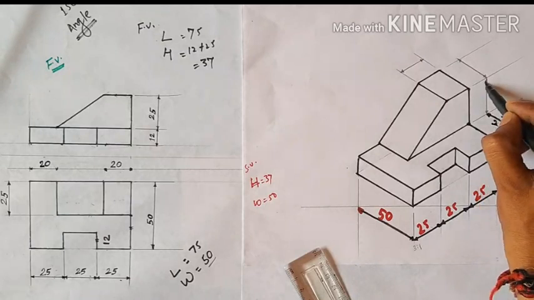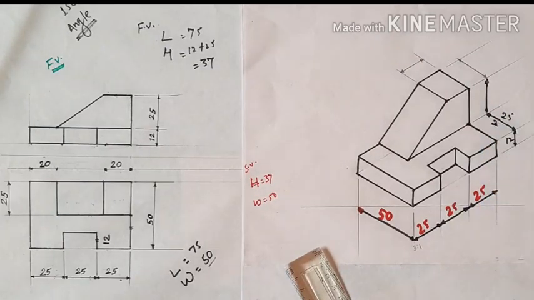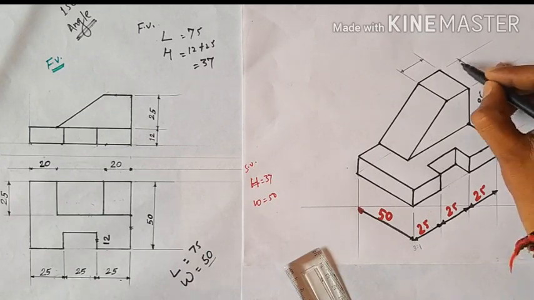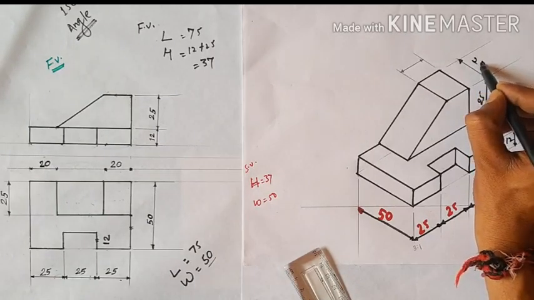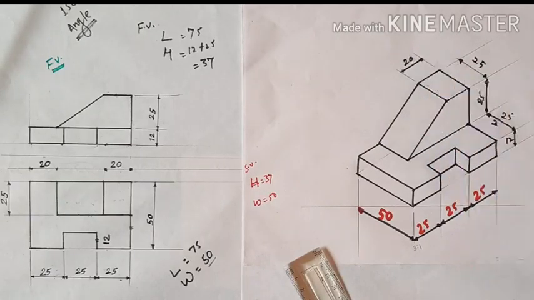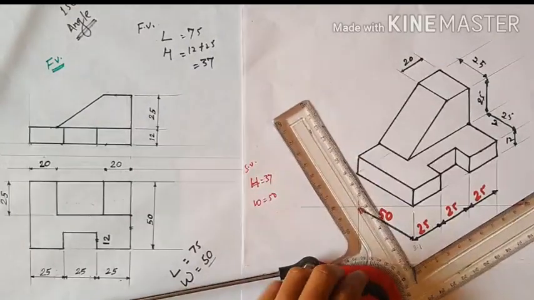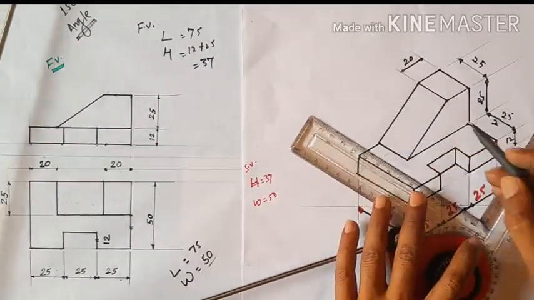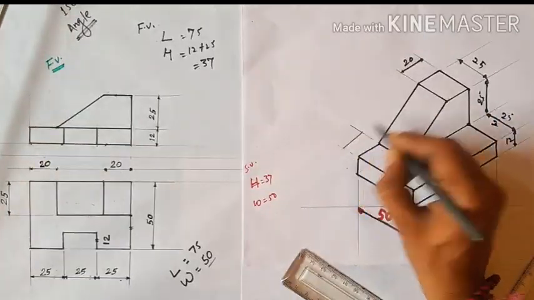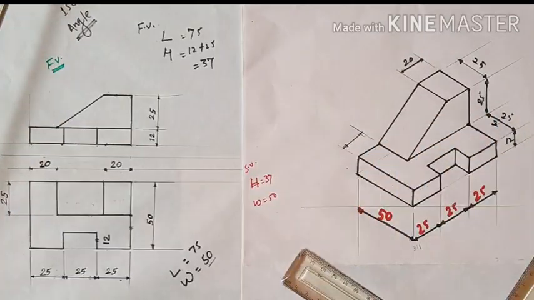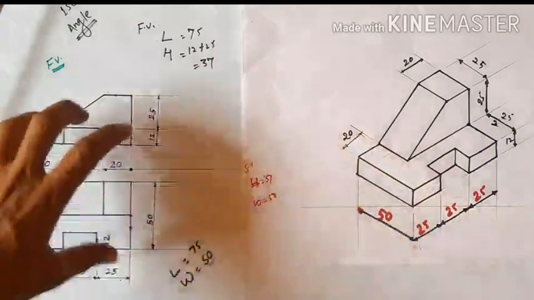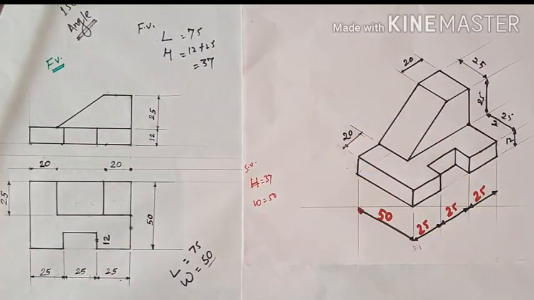Sorry, putting dimension here. What about this? So this is again your 25 mm. Okay. Now what about this? This is also 25 mm. And what about this? So this is your 20 mm. So this completes, and this width is your 50 mm. And now one more remaining dimension. This is again your 20 mm. So okay, this completes. So the total conversion of this into a single view is this. So I hope you clearly understand it.